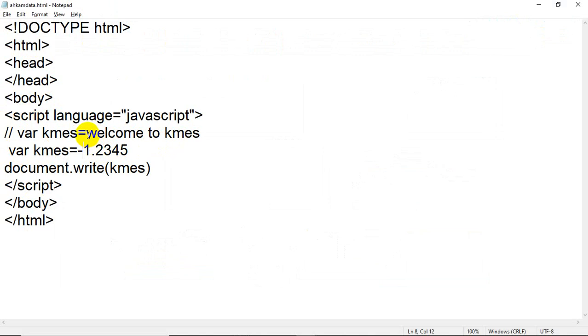Because, please pay attention, here you are storing a string. A string means a collection of characters. This value belongs to the string data type. For the string data type, it is compulsory to put double inverted comma before the string, and at the end of the string again double inverted comma.